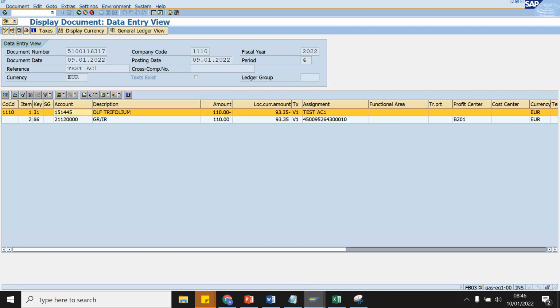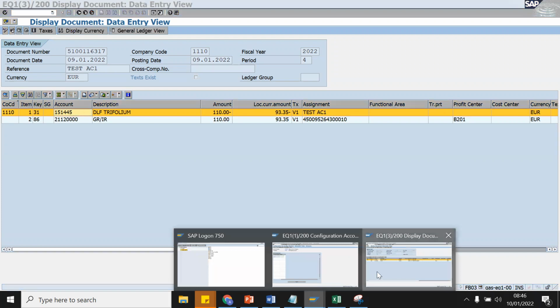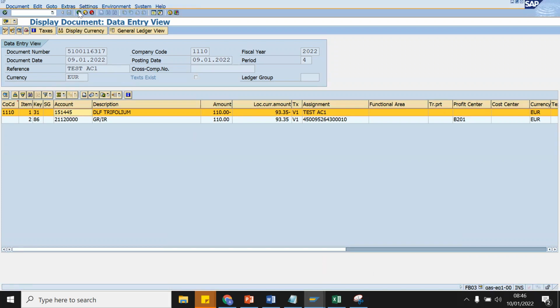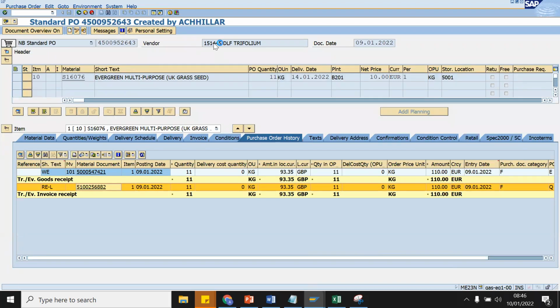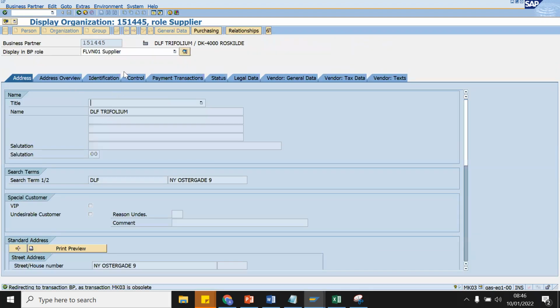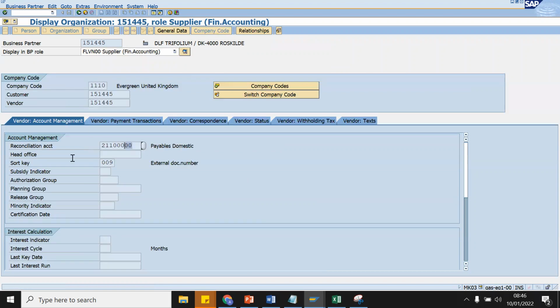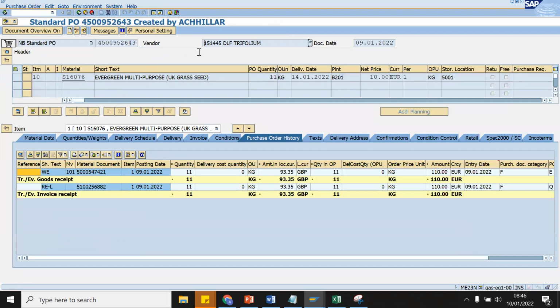So what I mean here is that if I go back into the PO and I go into the BP, here you can see there should be a finance accounting company code wise. I can see the same account is here. So this is what the whole automatic account determination process is all about, where you have procured material from this vendor.